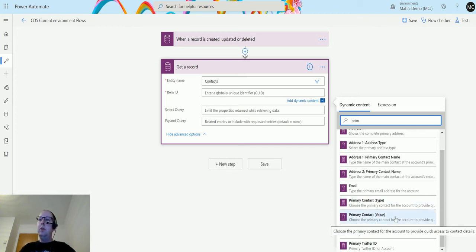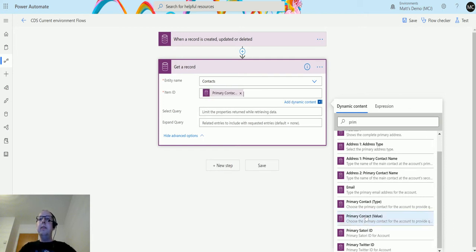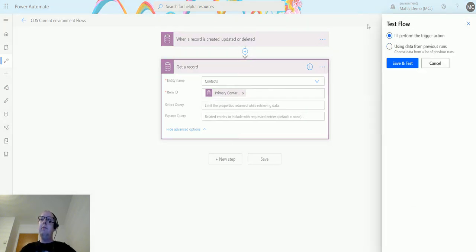So the primary contact for the account provided, quick access to contact details, is what the description says. So if we click that into there, we can see it's going to there, and then we can test this flow out. So if I click test, I'll perform the trigger action to show you it working. We'll hit save and test. We'll wait for this to start,